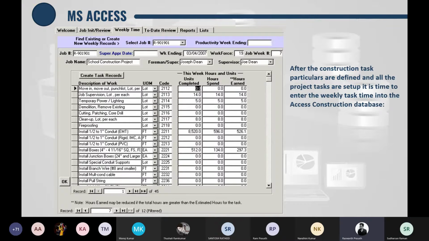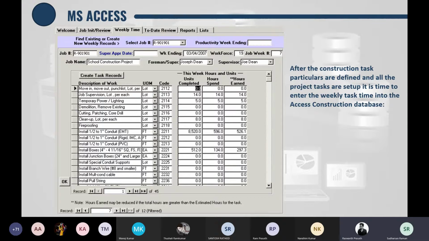Yeah, next we will move on to the weekly time, and here there will be an option to filter or select the specific job on the top violet color box. And here the workforce is the people available for the work engaged in the task for this week, and we'll be entering the data for each week.